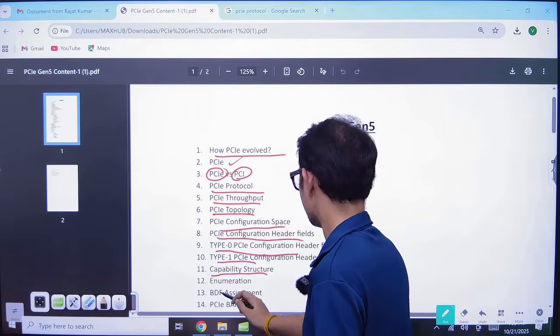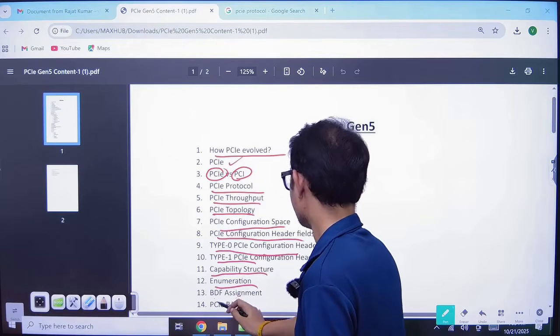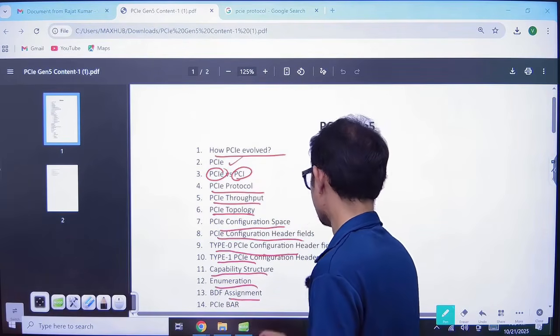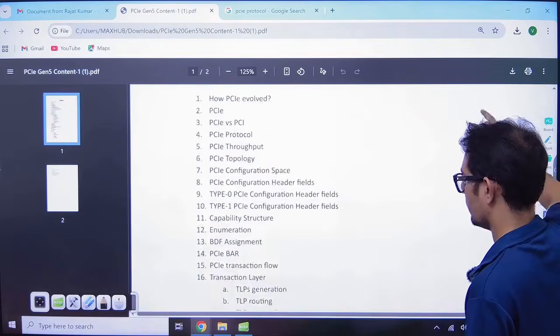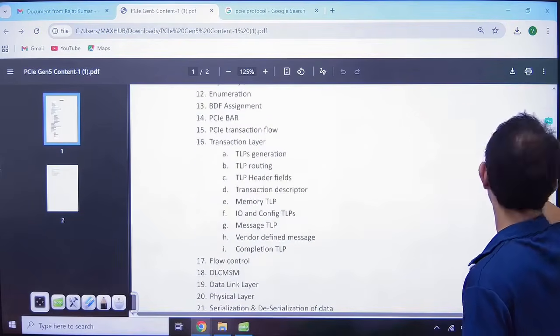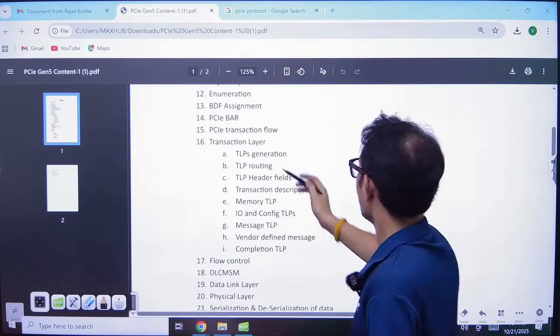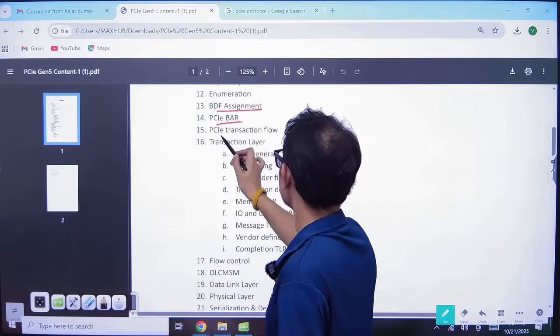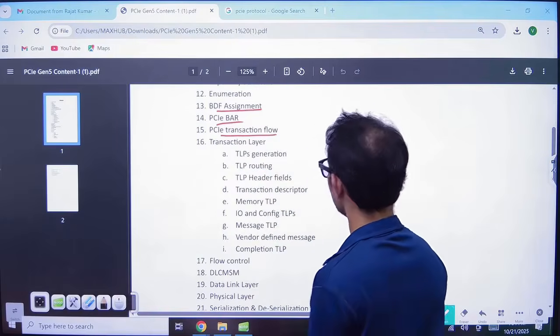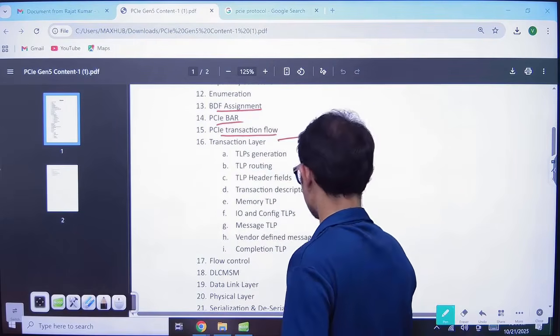Capability structures, enumeration, BDF assignment, PCI BAR, PCIe BAR, PCIe transaction layer, transaction flow. Then we will discuss the layers.